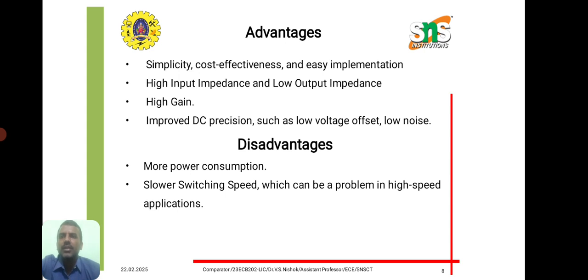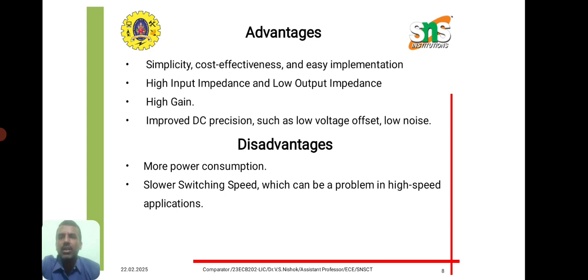Coming to the advantages and disadvantages of the comparator circuit. Going for the advantages, simplicity, cost effectiveness and easy implementation are the main advantages of the comparator circuit, and then high input impedance and low output impedance, and high gain because we are using the operational amplifier as the comparator circuit. We obtain high gain at the output path, and